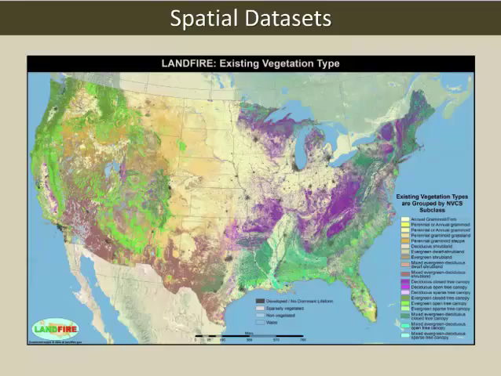Also, for this legend, the cartographer chose to map by National Vegetation Classification Standards subclass, just to make it legible. If they had picked all the different existing vegetation types, there would have been hundreds. But I think the maps are beautiful and they really help you understand your landscape.